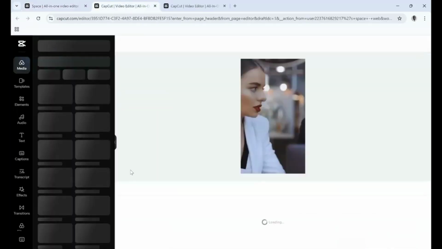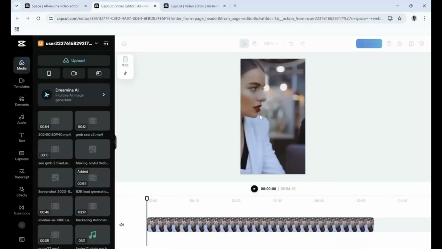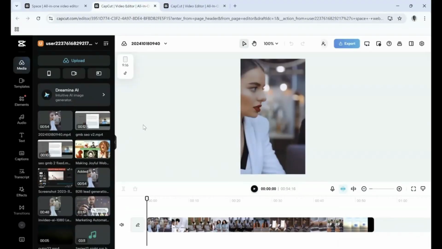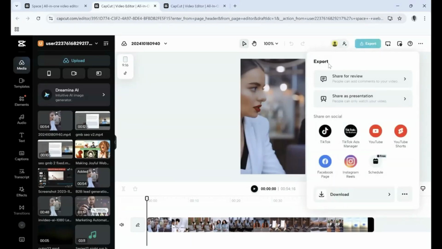So I'll pick it. Let's say I've done all my edits and everything that I need to do, and I'm satisfied with it, and I just need to export it now. What you can simply do is, as you can see here, it's at the top right, it says export. So you could simply go here and click export, and you have this menu bar that shows, which first of